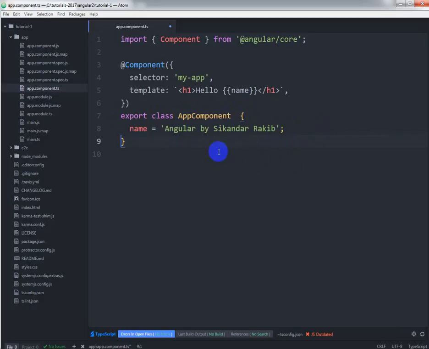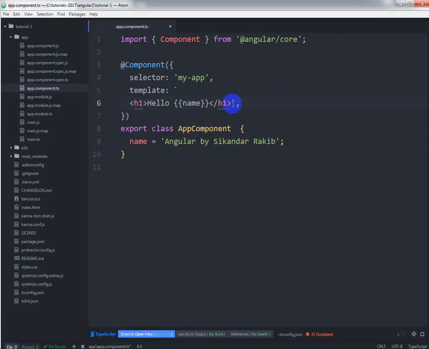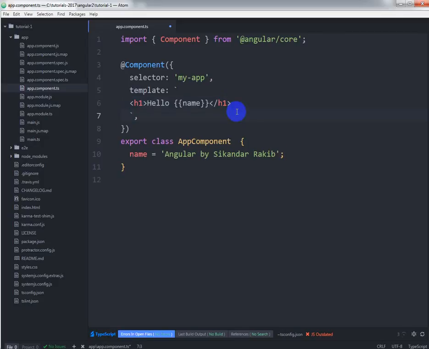Now here is one thing I would like to tell. Here we use the backtick, not the quotation, because this is an excellent thing: if we use multiple lines, we can use it. If we would use quotation here, then it would give us an error. But by using this backtick, we don't get any error. For example,